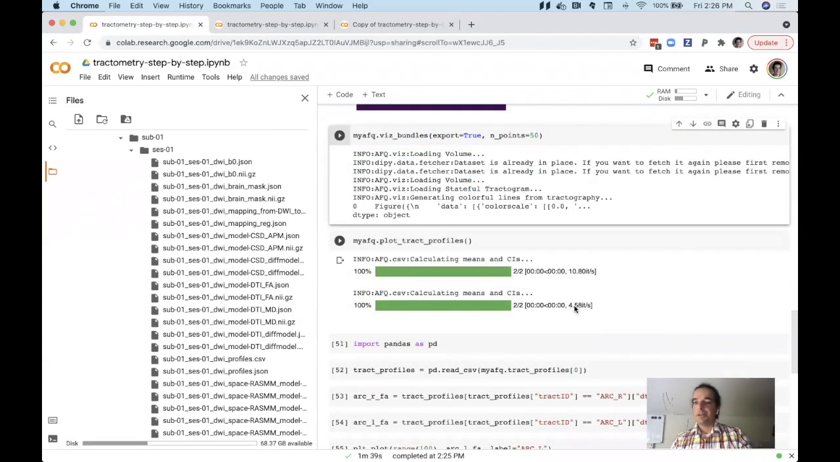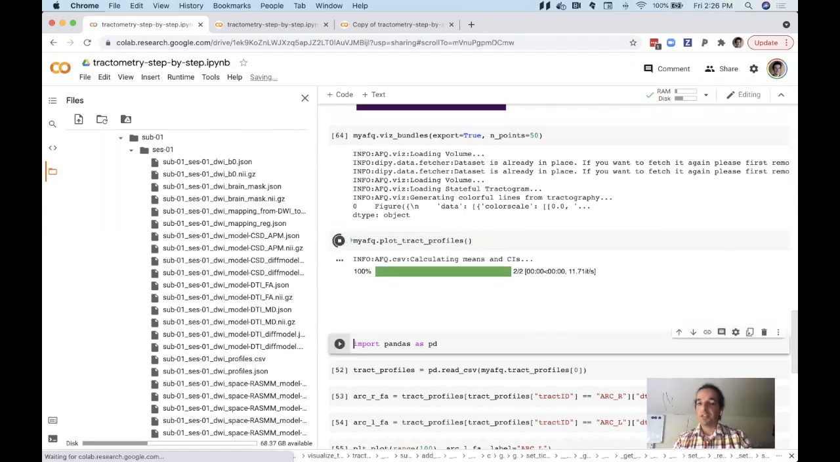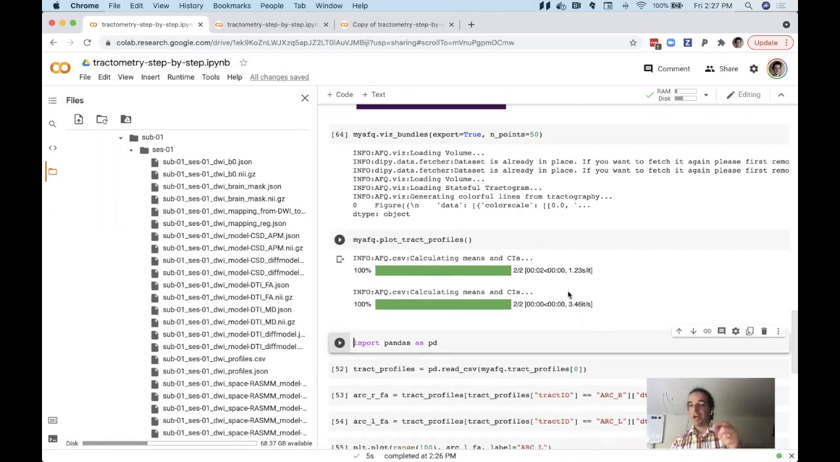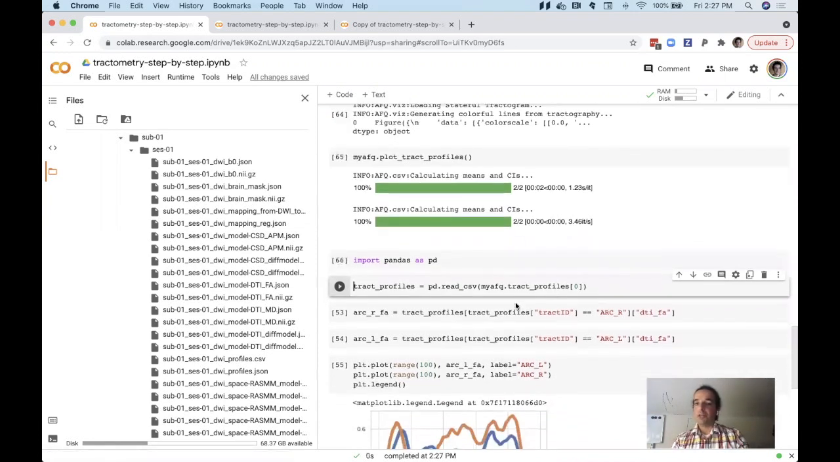Okay, I'm back. So the processing here finished, and now we can execute the next thing, which is to plot the track profiles. This calculates the means and confidence intervals for every track across individuals. In this case, we only have one individual. Now we can read this track profiles